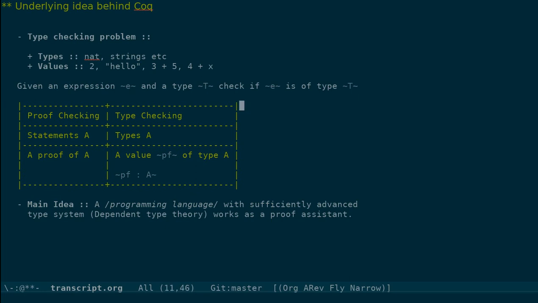So there is a surprising connection between proof checking on one side and type checking in a sufficiently powerful type system. And the connection is as follows.